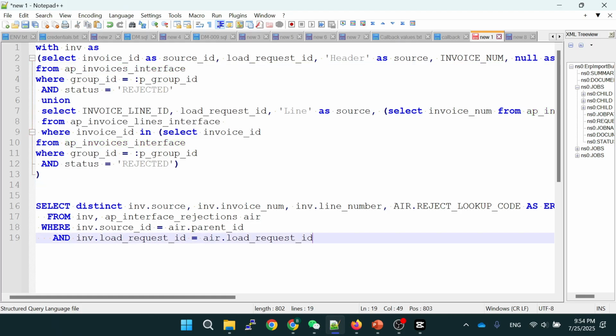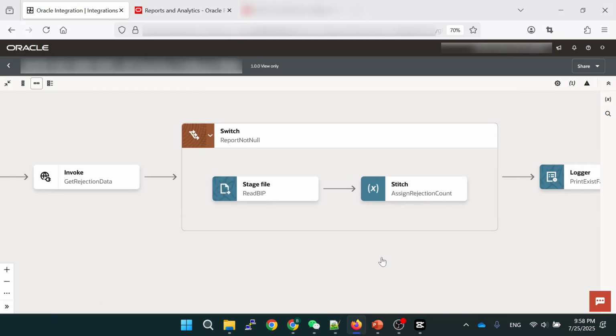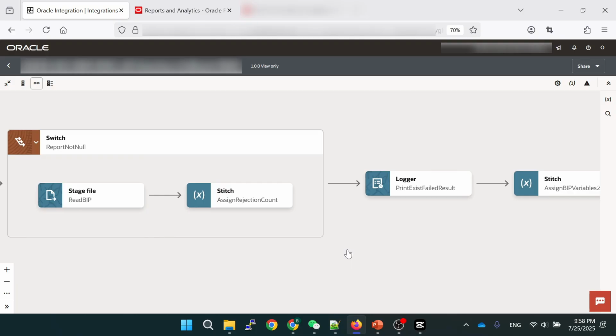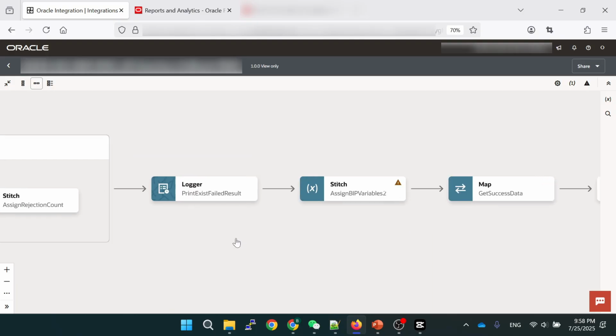So by using this code, we can get the rejection information. So by using this rejection BIP report, we can get the rejection data from Fusion, and also the numbers of the rejections. So this number can be assigned to a variable,